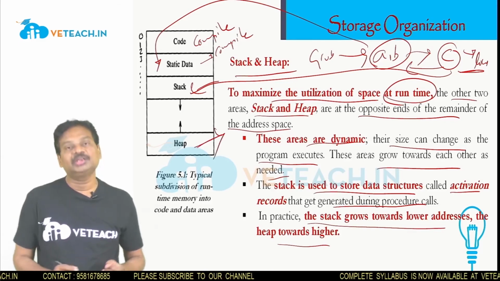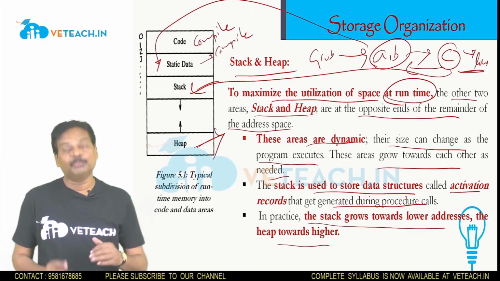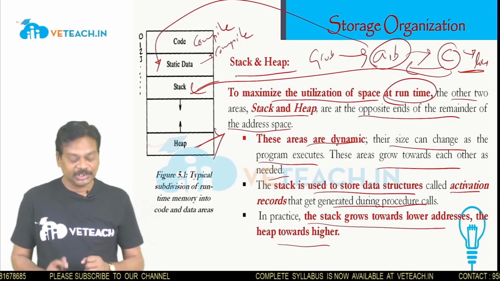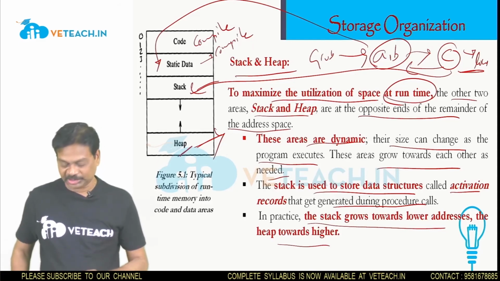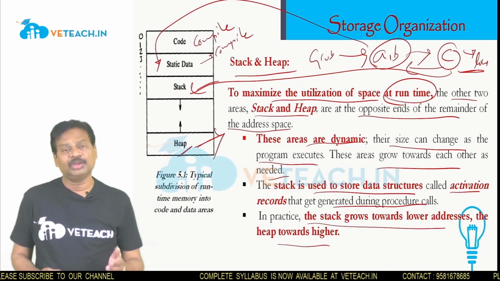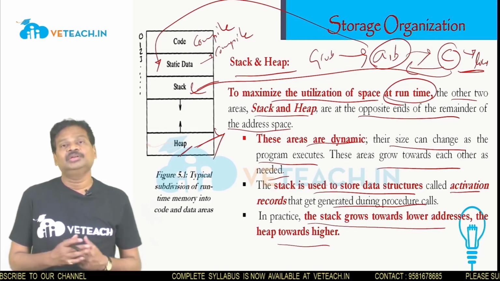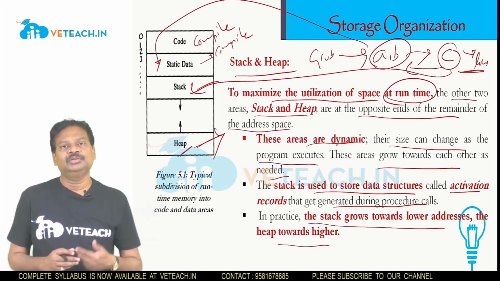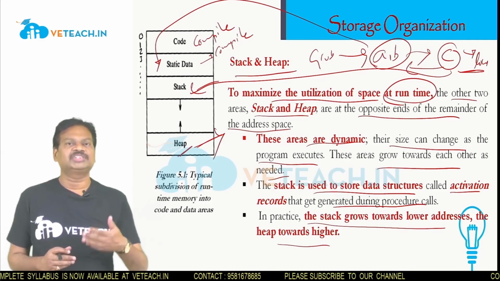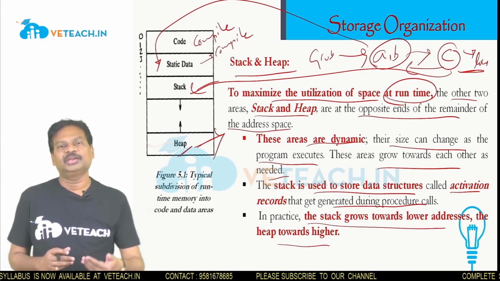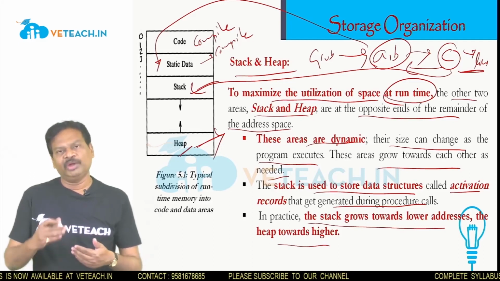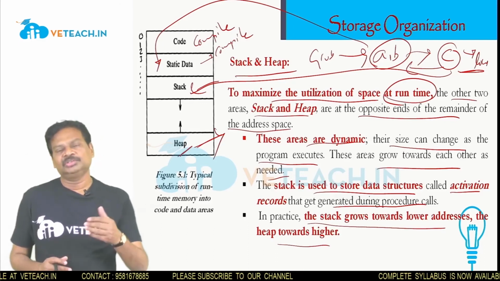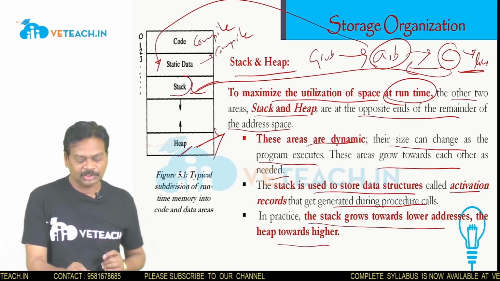And there is one more area that is called the heap memory location. When the program is executing, that is what we call live. When the program is live, then we can use the heap memory location. Whenever we are executing our programs, sometimes we are playing a game on our mobile phone. Once you get a call, it stops the execution of your running program, the game, and when you come out of your phone call, it immediately starts from the place where it was executing. So here the return address will be stored in the stack memory area.